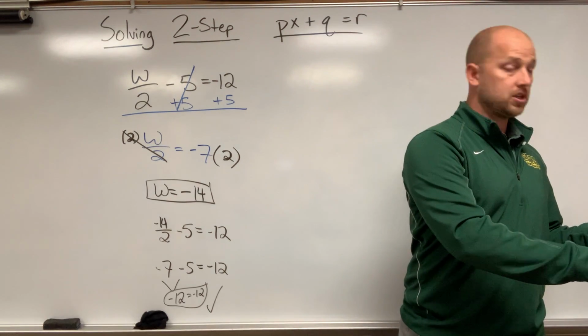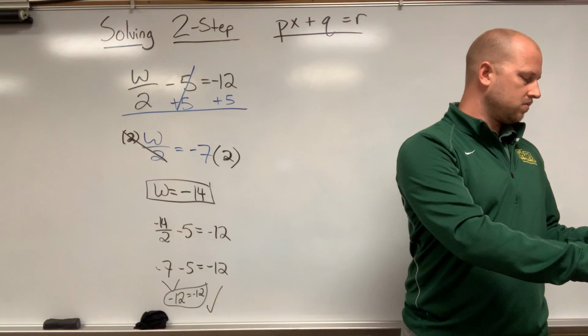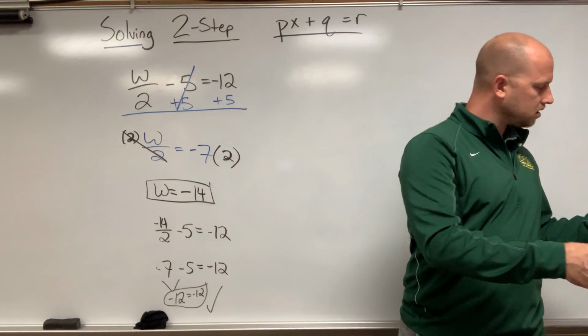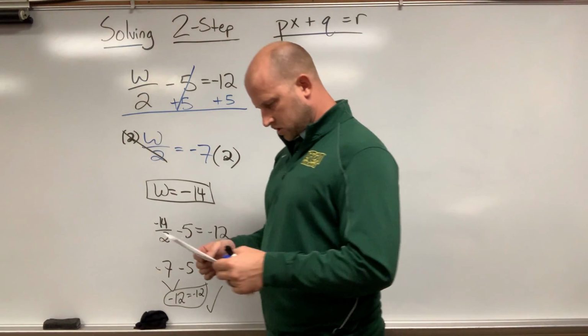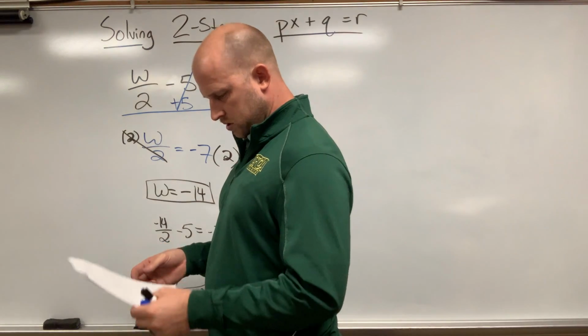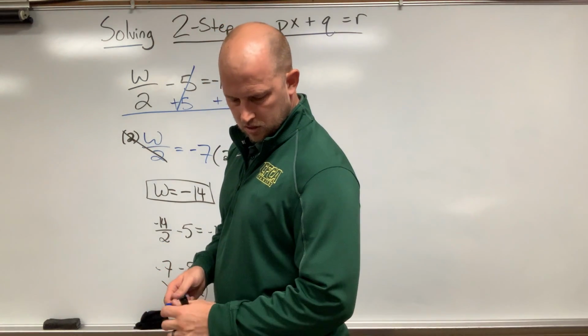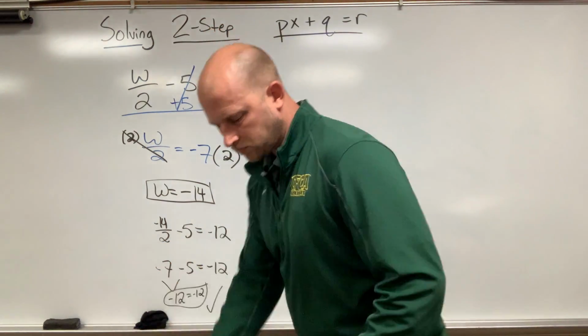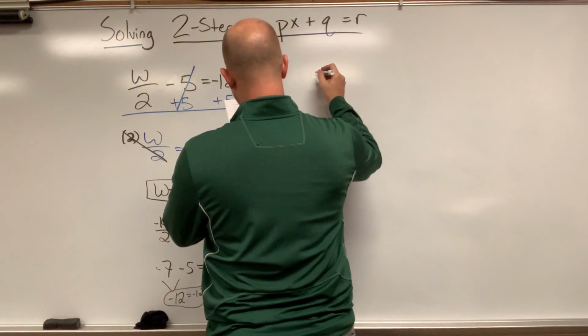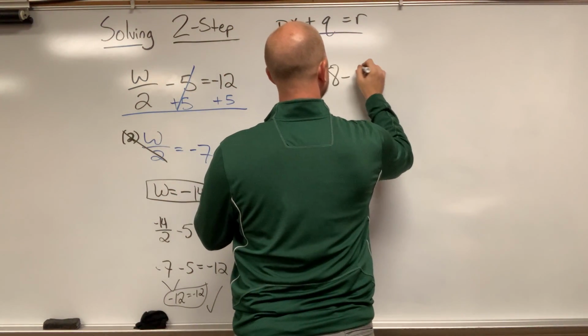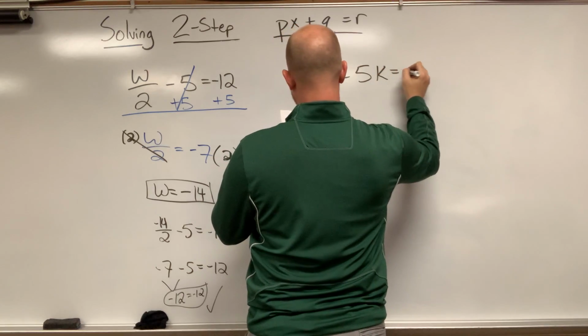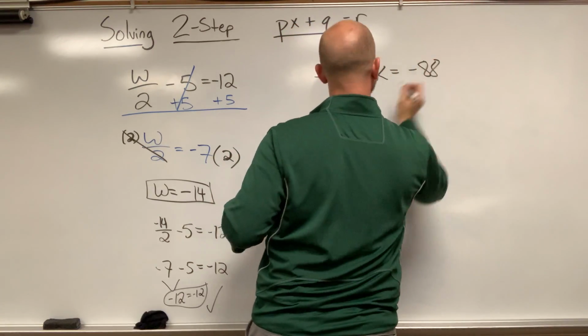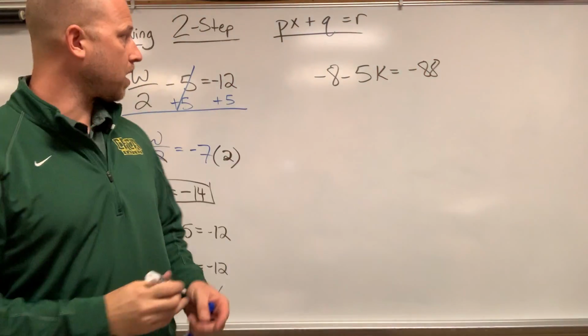All right. There was one more example I wanted to do with you guys, and then we'll do some examples, and then you'll do some examples, and then we will be done. Let's see, where is it? What is it? Yeah, I think it was one of those. All right, here we go. Let's go negative 8 minus 5k, okay, equals negative 88. Okay, so for this problem here,